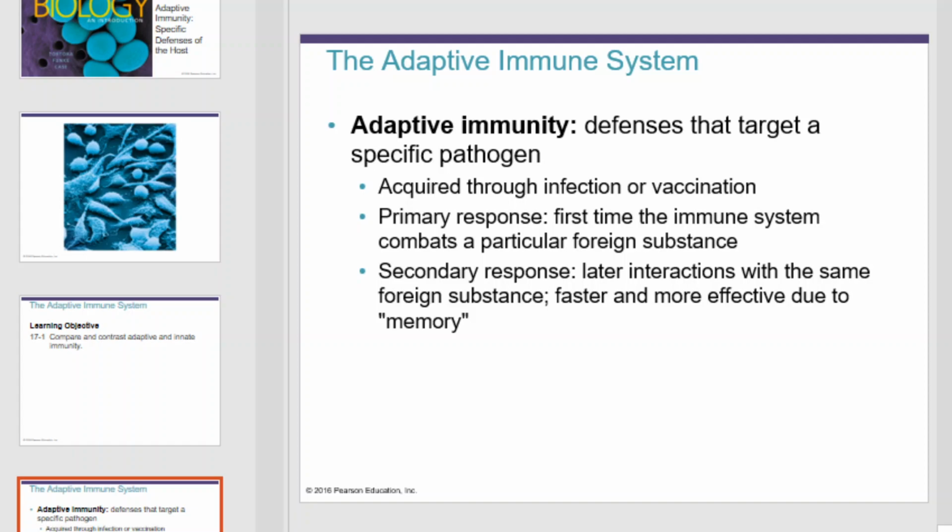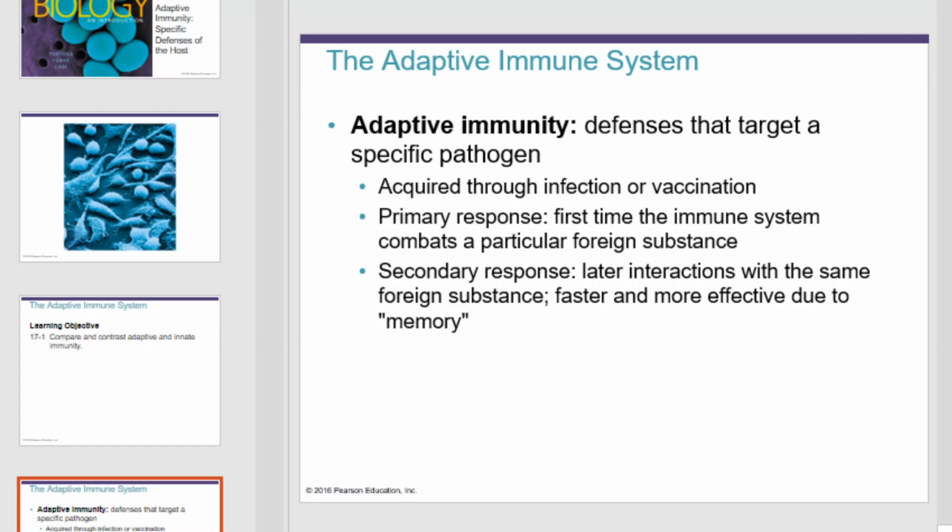To begin, the first thing I'd like to do is define what adaptive immunity is. Adaptive immunity is your defenses that target a specific pathogen. They vary from your innate immune response, which are those things that you are born with and designed to defend you against all comers. Adaptive immunity is usually acquired through infection or vaccination, and it involves a primary and secondary